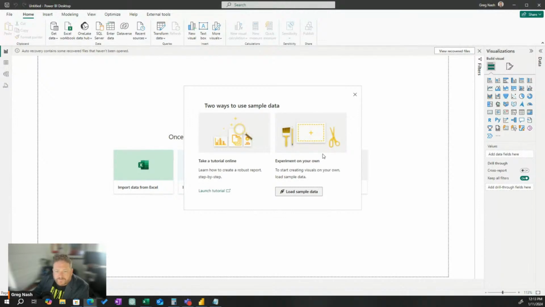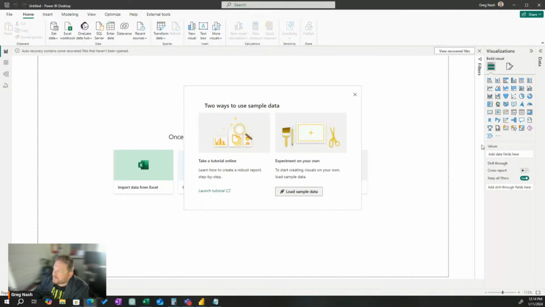All right. So we're going to load the sample data. So I'm going to follow the tutorial. I'm not going to have the tutorial on the screen though, because why do you want to look at a big bunch of text? You want to look at Power BI. So I'm going to follow the tutorial exactly as it is here. And then we're going to go from there.